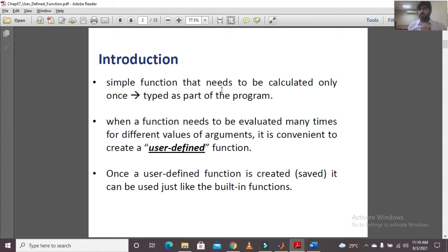So it is much better to make a separate function file for it, and then use that user-defined function in your script to directly calculate the values, just like MATLAB's built-in function. So this was the brief introduction regarding the user-defined function.